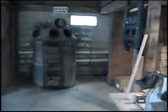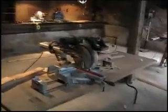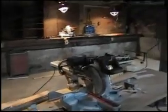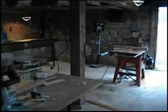we have scrap wood. We have the big old stove where we cook the little children that annoy us. They heat pretty well. Then we have the chop saw, and of course our old table saw, and lights. Soon these lights up here will also be hooked up, and that will give us ample lighting for the entire workshop. Well, until we have something else to show you from the workshop,